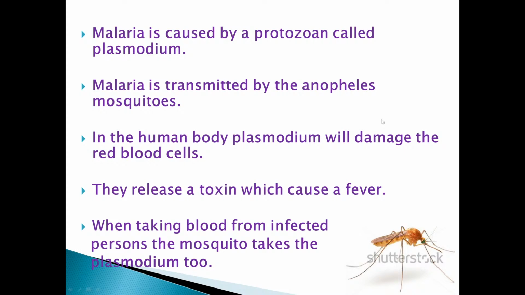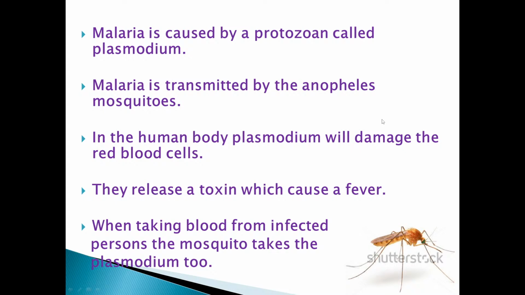So continuing with the notes related to malaria, they are saying that it releases a toxin. The word toxin means poisonous, which causes fever. So once you're infected by malaria, it normally comes with a really high fever. So the toxin, or the toxic substance that comes with the sickness, malaria, of course increases the human body temperature really significantly.